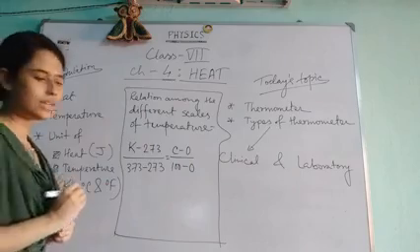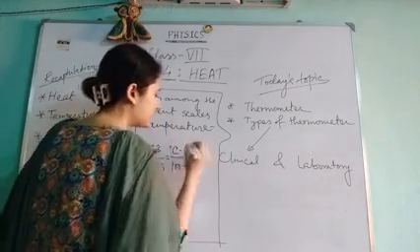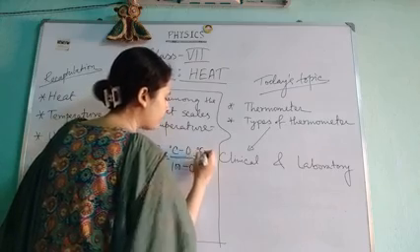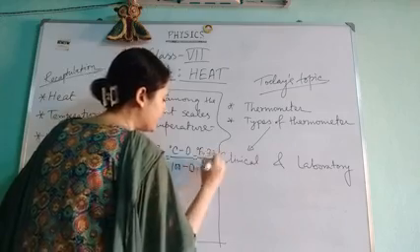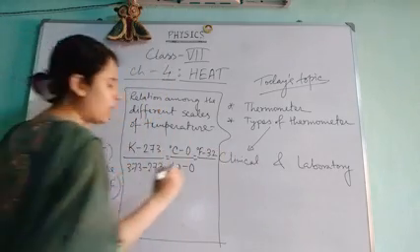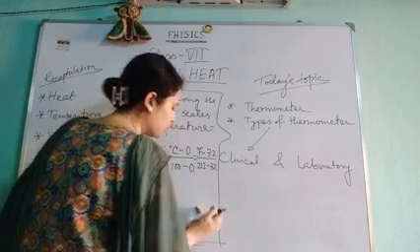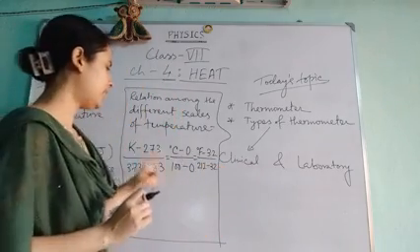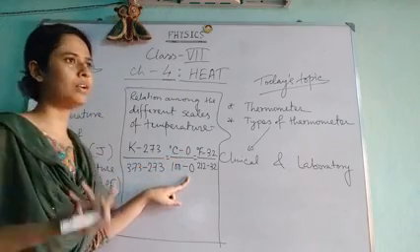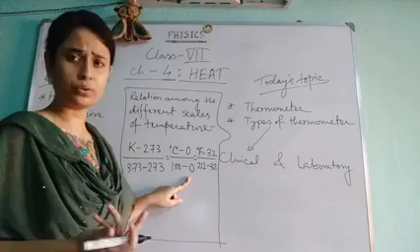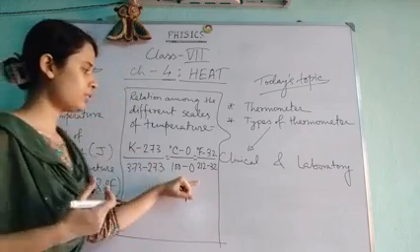And the last one is the degree Fahrenheit. That is, this is degree C equals degree F minus 32 divided by 212 minus 32. Now you must be thinking, have I gone crazy that I am writing 100 minus 0 when 100 minus 0 is 100? We all know that. But why have I used this kind of notation?